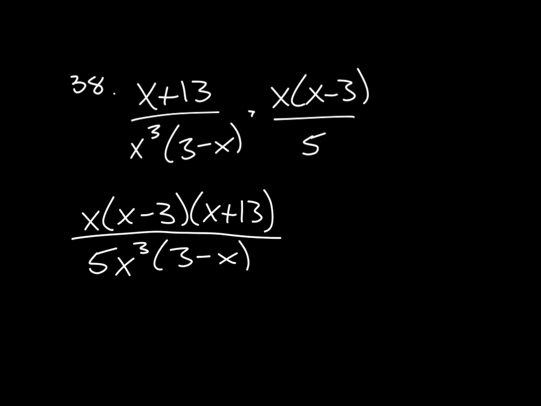All right, so now it's just like a problem from yesterday. How do you simplify this? We need to get a -1 on the bottom there. Hopefully you notice that we have an x minus 3 and a 3 minus x, so we can take out a negative, so we should definitely do that first. So then this would be